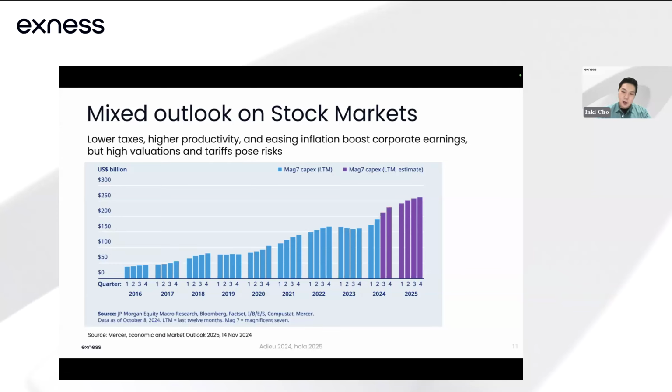And this chart shows the CAPEX trend of Magnificent Seven companies. CAPEX stands for capital expenditure, the payment with either cash or credit to purchase long-term physical or fixed assets used in business operations. In other words, companies with high CAPEX spend liberally on innovation and infrastructure after they have paid for the operational expenses and distributed dividends to the shareholders. And as you can see from this chart, CAPEX is expected to peak in 2025.